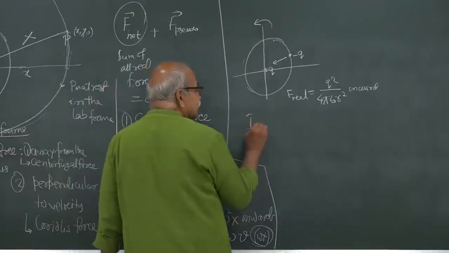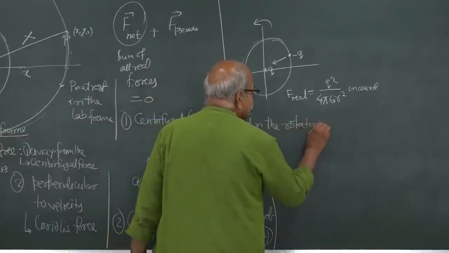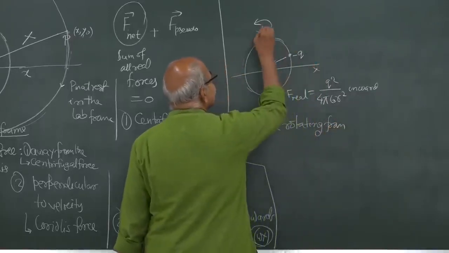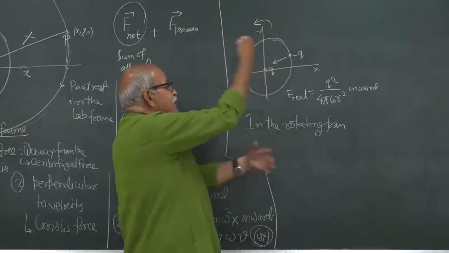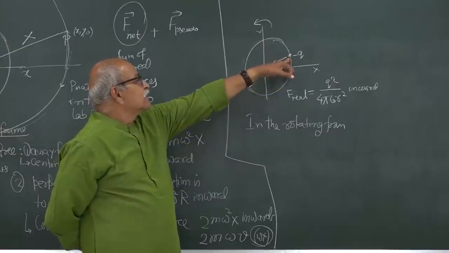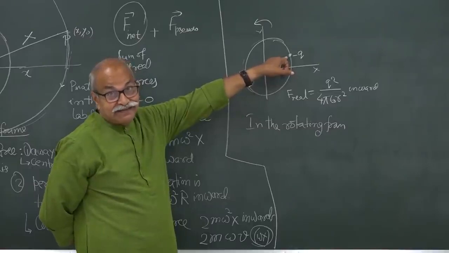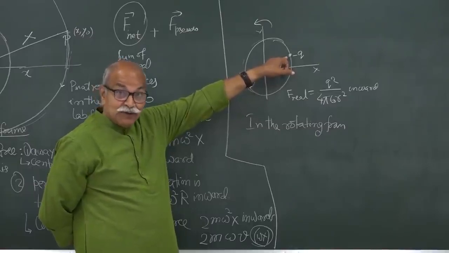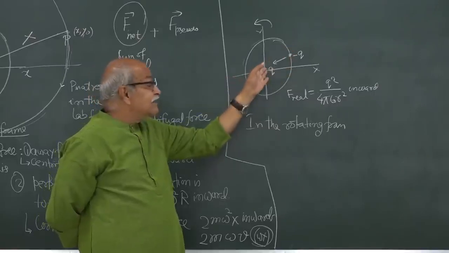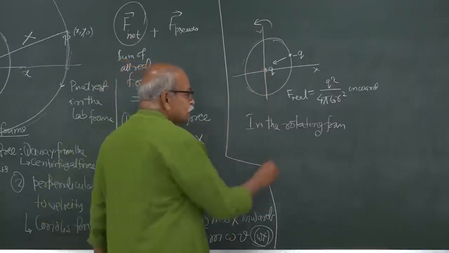So in the rotating frame, I set up a frame, this is x axis, this is y axis, and then this whole thing is rotating in the lab, and when I go to that frame, I find that my particle has the same x coordinate, same y coordinate, same z coordinate all the time. It is at rest, and therefore if I want to use Newton's laws, the total force should be 0. But I know that there is an attraction that cannot be done away, and therefore the pseudo force that I have to use